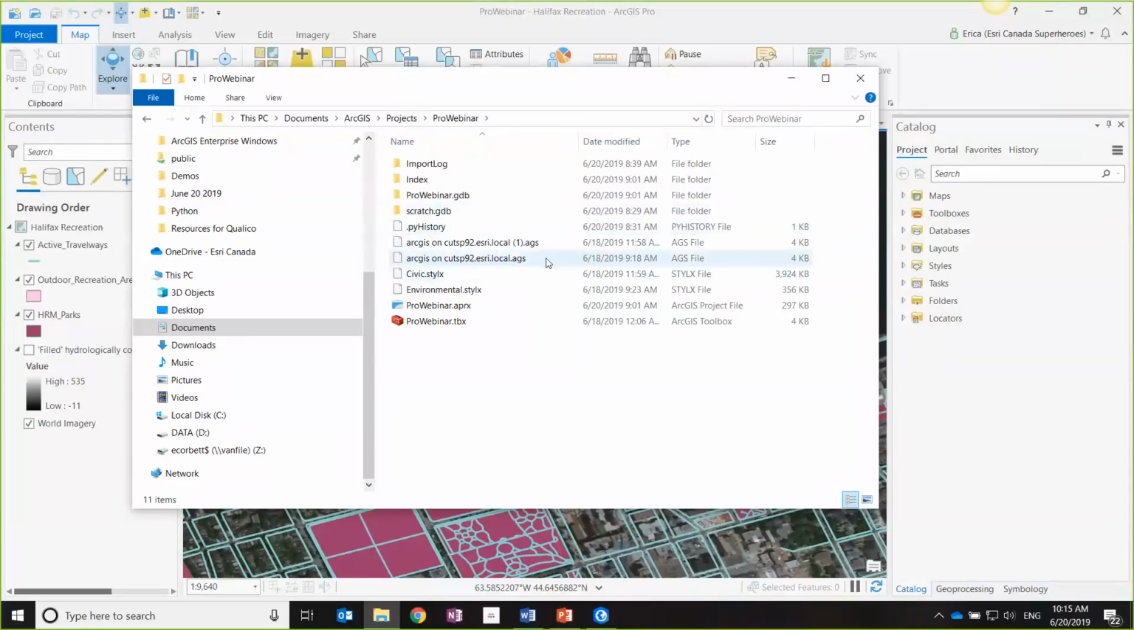I have some Python history in here of Python that I've run. I have my ArcGIS server connections. I have a few styles in here that I've added. I actually have my APRX project file, which if I double click on this, it will open up my Pro webinar project. A project also will create a toolbox as well. So I have my Pro webinar toolbox, and then I have a few extra